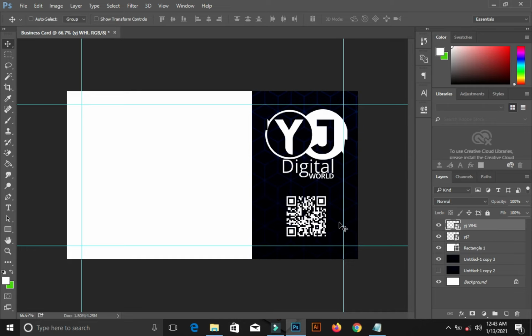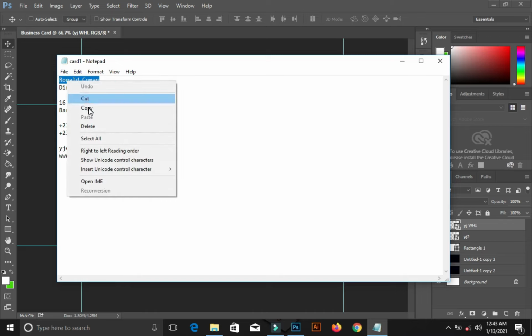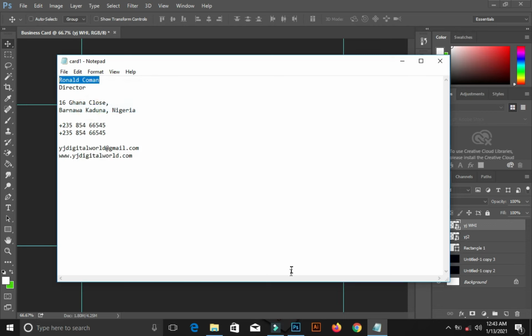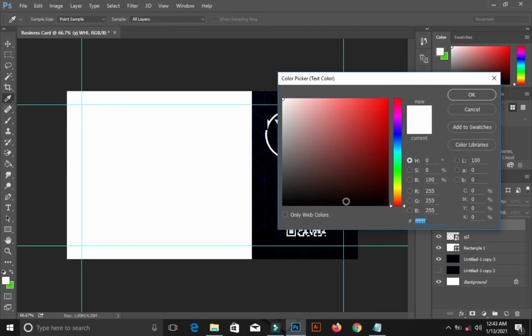The next part, I want to place in text. For me to do that, I've already drafted out the text I want to work with. So I'll come to here, pick the first text I want to work with, select it, copy, come to my Photoshop, pick my text tool, change the setting of my text tool to black.